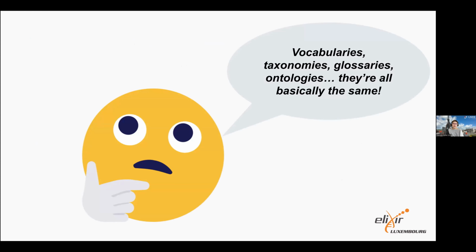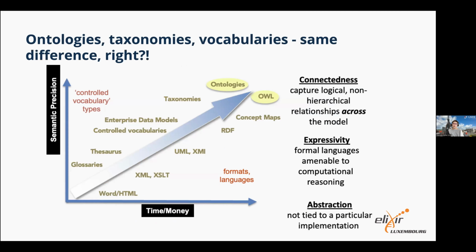So that being said, a lot of times I hear people use ontologies, but they also use words like vocabularies or glossaries. And I mean, they're all the same, aren't they? Well, they're not quite. So this is, don't read too much into this graph, but as you go up this line, at the very bottom, you've got glossaries, and then you get more complex, and you go to controlled vocabularies, taxonomies, and to ontologies. And as you move up this, the technologies also get more machine readable.